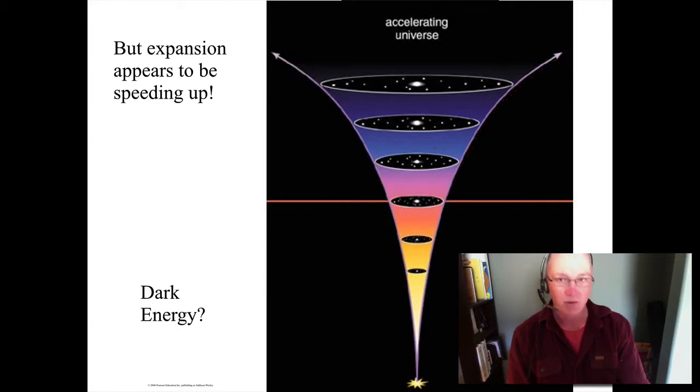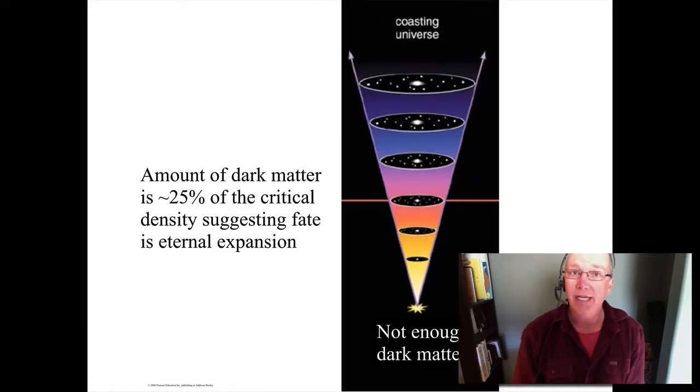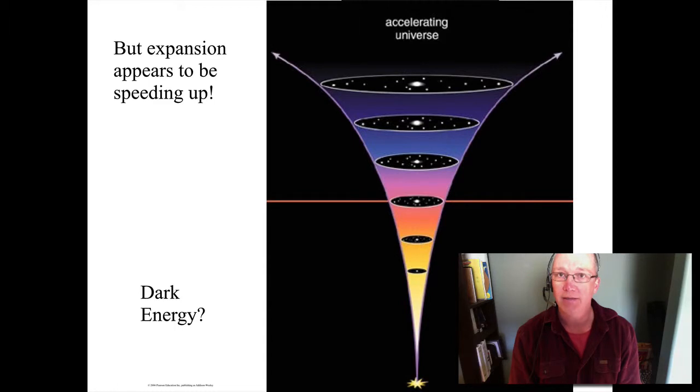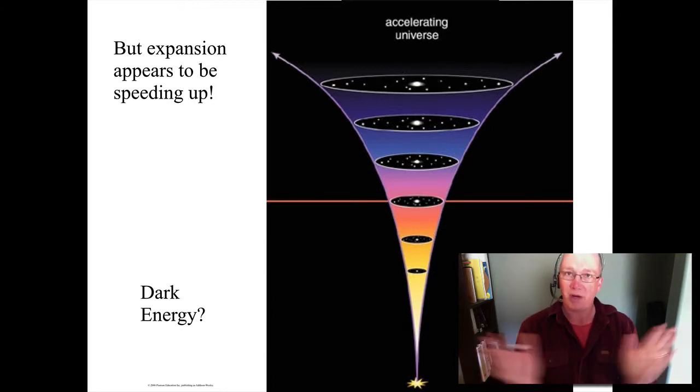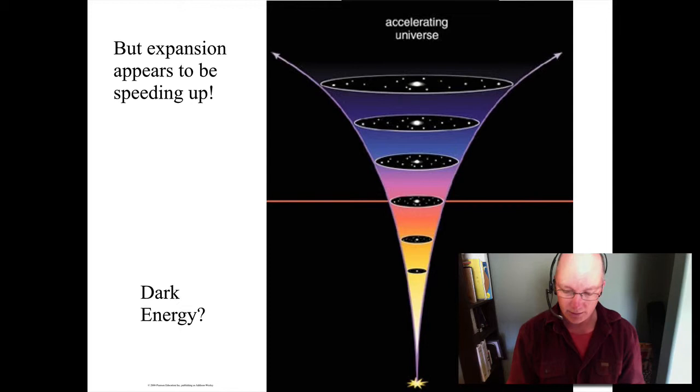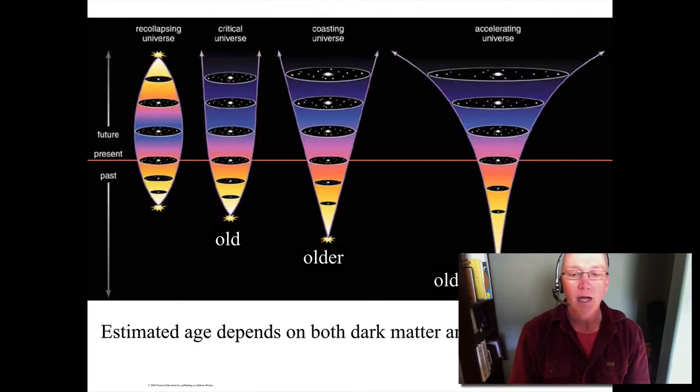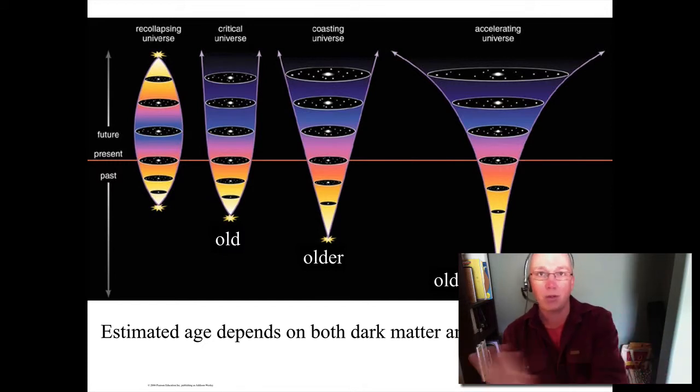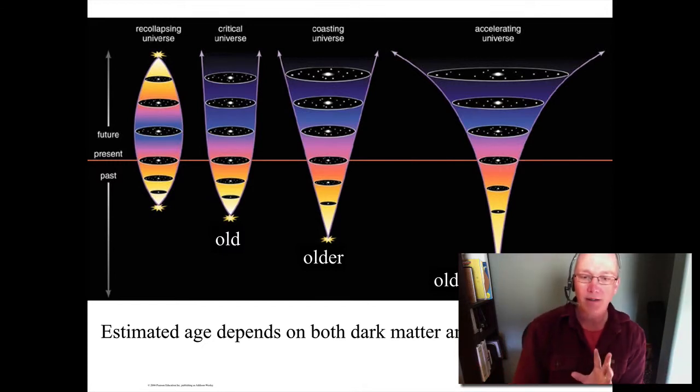So these are the two things we're trying to gather data to see if we're coasting or accelerating. And I'll give you the punchline. The punchline is the newest data out says we're accelerating, that eventually the universe will reach an expansion rate that's so vast it'll just rip itself apart some hundreds of billions of years from now.